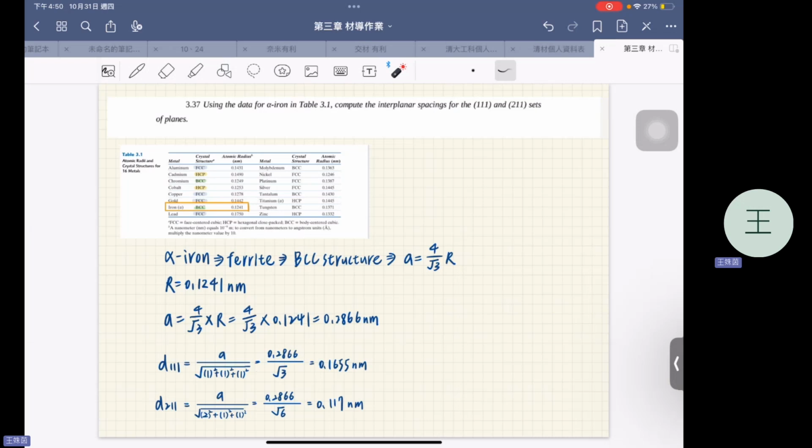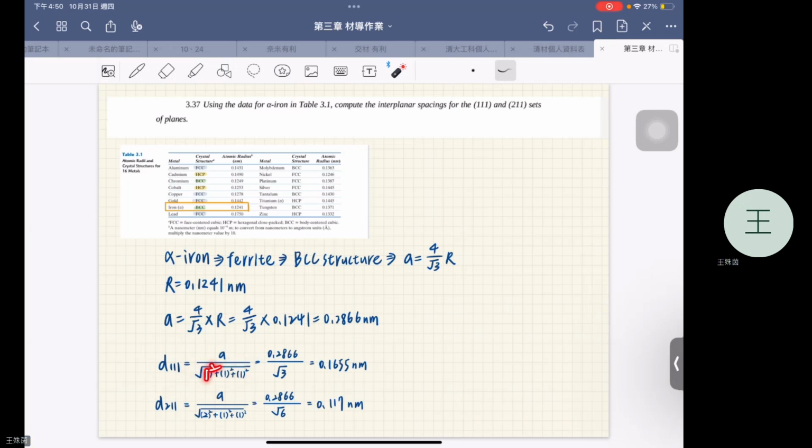We place it inside to know how big A is. A equals 0.2866 nanometer. If we want to know the interplanar spacing or distance, we can use A divided by the square root of